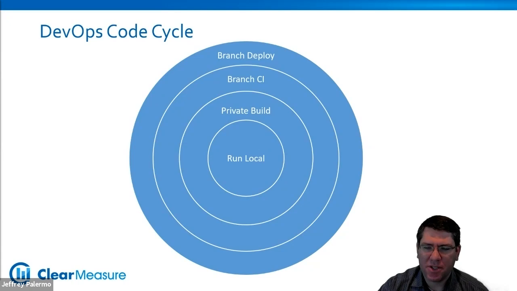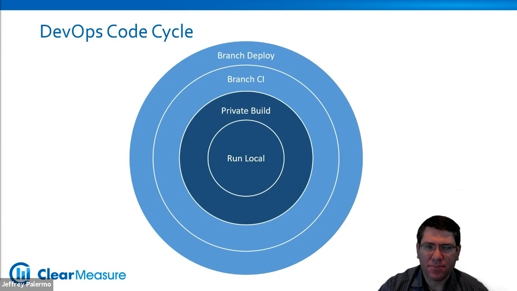And then the branch deploy layer, that's the cycle where we deploy the product of your branch continuous integration build into a TDD environment or a full system test environment instance. And we run those full system tests. And this lets you know that what you just did will still deploy and will still start up properly, as well as pass whatever suites of full system tests run against your fully deployed environment.